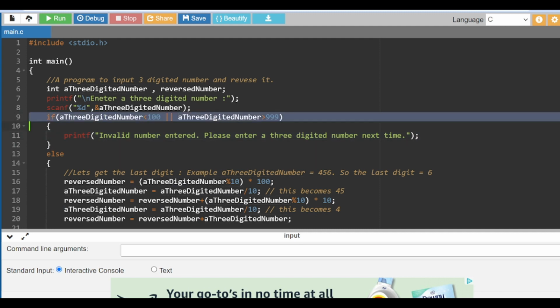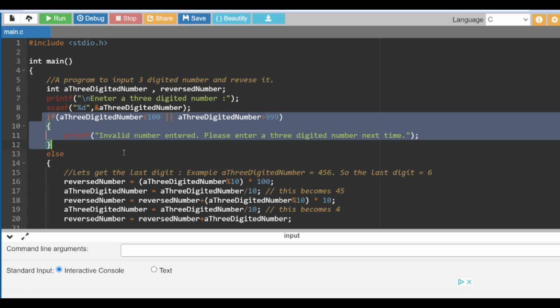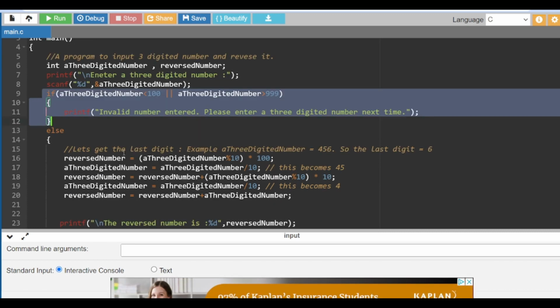If the 3-digit number is less than 100, that means anything less than 3 digits, or if it is more than 999, that means a 4-digit number is likely, then I'm telling that this is invalid. You have to enter a 3-digit number. Having said that, I have done the primary check that the user will always be entering a